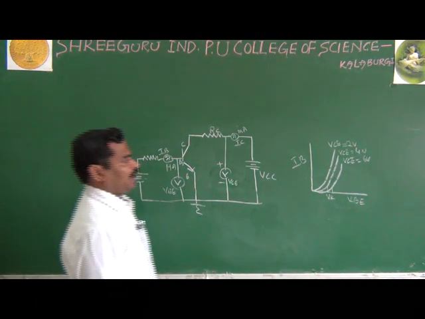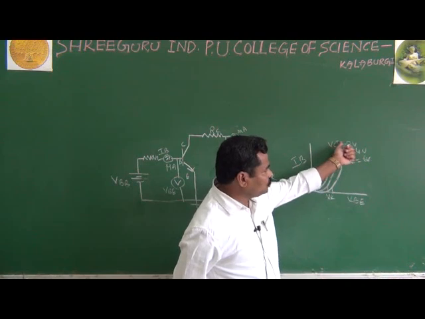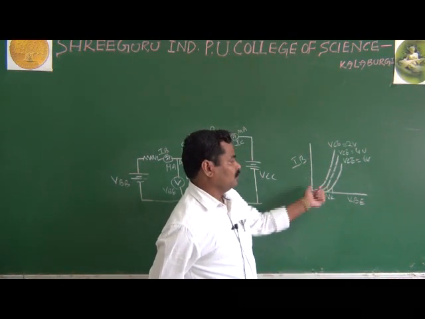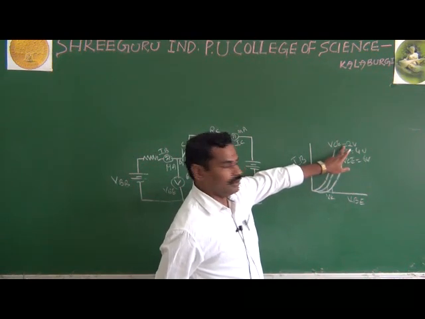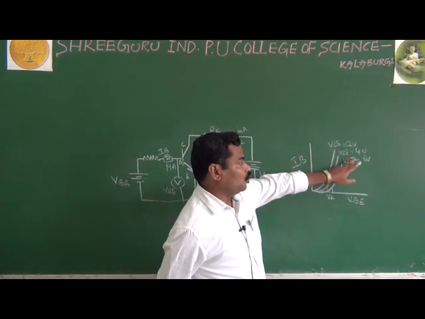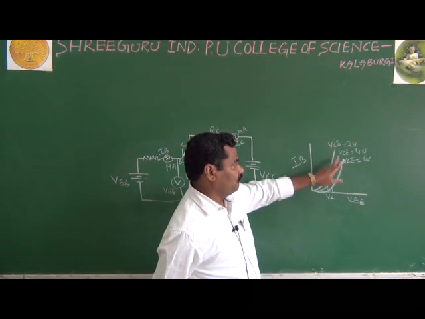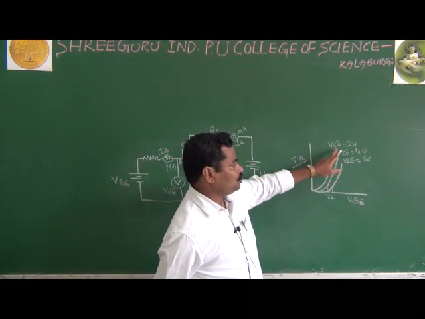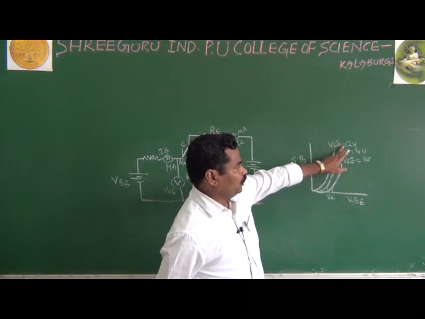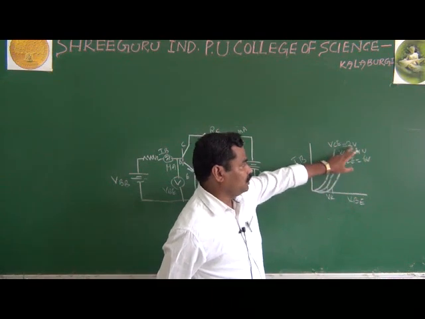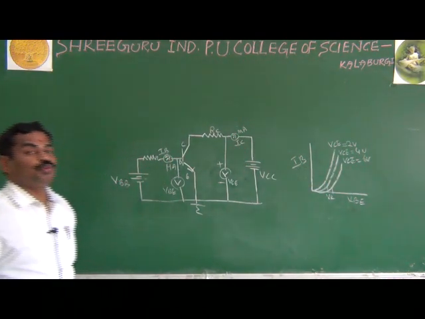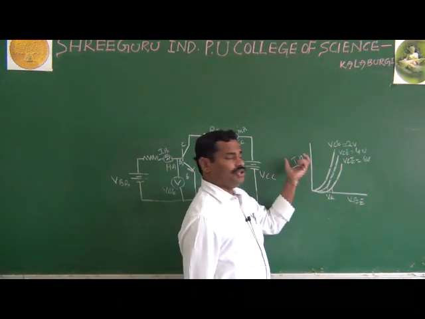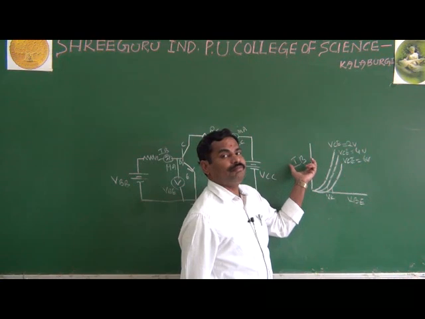You see here, as you increase the output voltage, what are you getting? The input current decreases. As you are increasing the output voltage, what happens? You see this graph, that is the input current that is decreasing. It means you see this is the VC 2 volts, 4 volts, 6 volts. As we increase the output voltage, the input current decreases. What is the reason behind this?